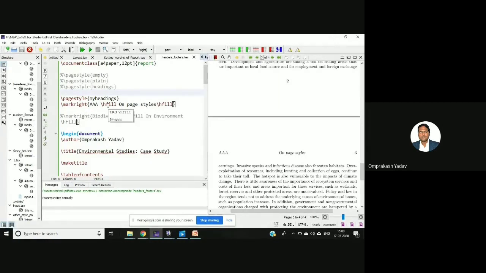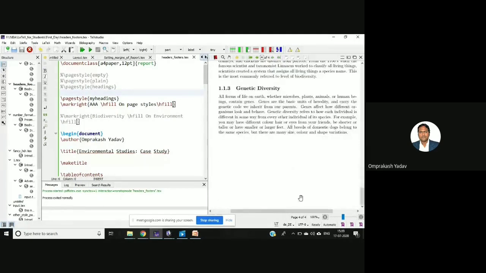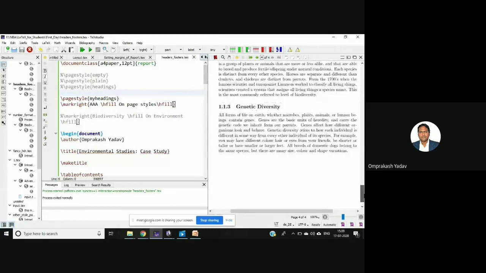Then I've written hfill, which will give you the spacing between these two words, page style and this AA. So it will give the space. Then after that, there is a space, and then this page number is there. So myheadings will have this basic structure. It will have the page number at the top over there and the user supplied information, and it will not have any footer, right? It will not have any footer. So this is regarding your page style myheadings.